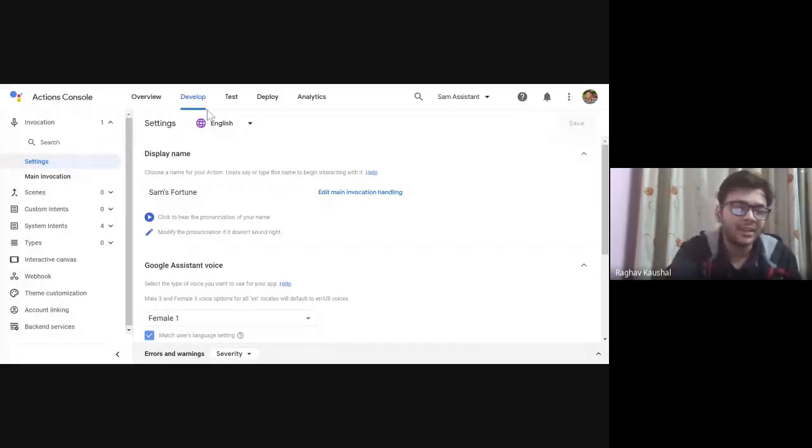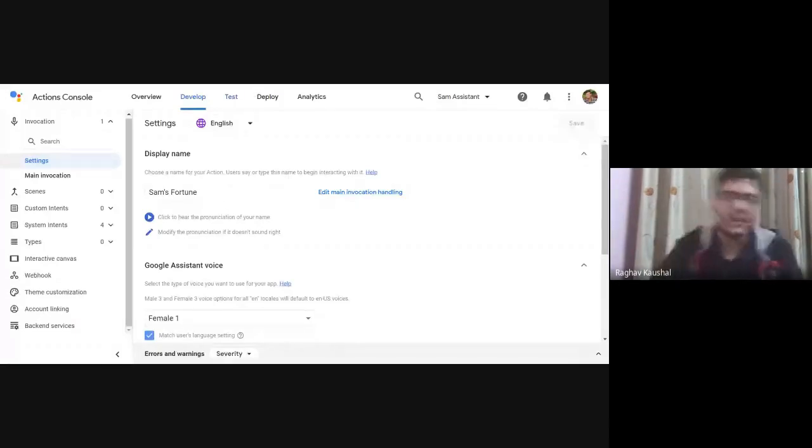I'll explain everything present here on the left side. Then we'll go to Test. Test is for when you've built your assistant, so you can actually test whether it is working right and everything is correct.